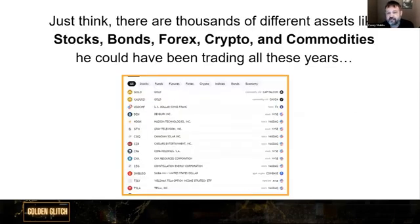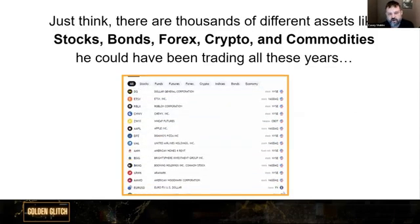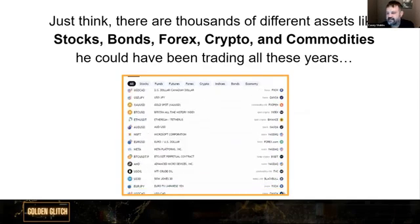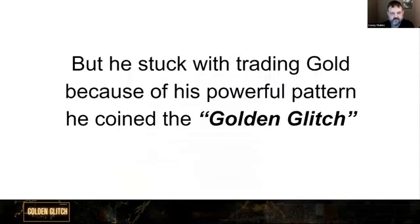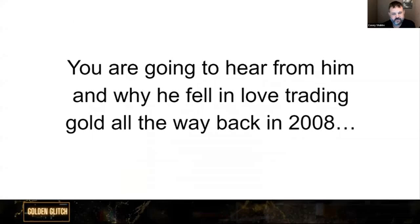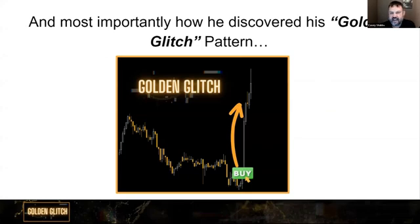Just think, there are thousands of different assets like stocks, bonds, Forex, futures, crypto, commodities. He could have been trading any of those all these years. But he stuck with trading gold because of his powerful pattern he coined the golden glitch. Instead of this addiction costing him money, this addiction has actually made him a lot of money. You're going to hear from him and why he fell in love trading gold all the way back in 2008. And most importantly, how he discovered his